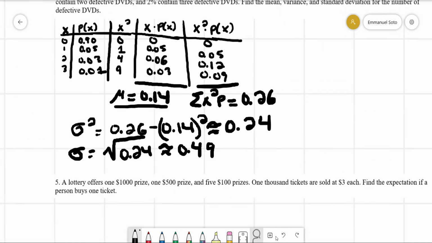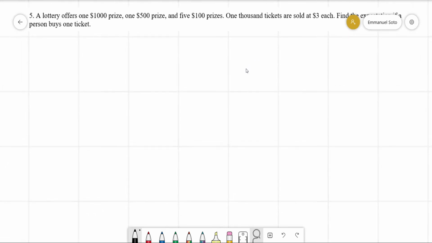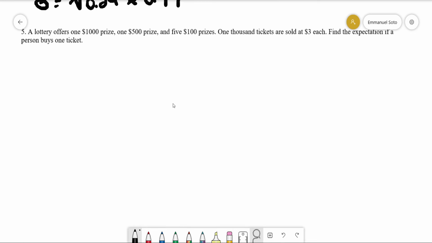Now we're going to skip to number 5. So we have a lottery that offers a $1,000 prize, one $500 prize, and five $100 prizes. 1,000 tickets are sold at $3 each. Find the